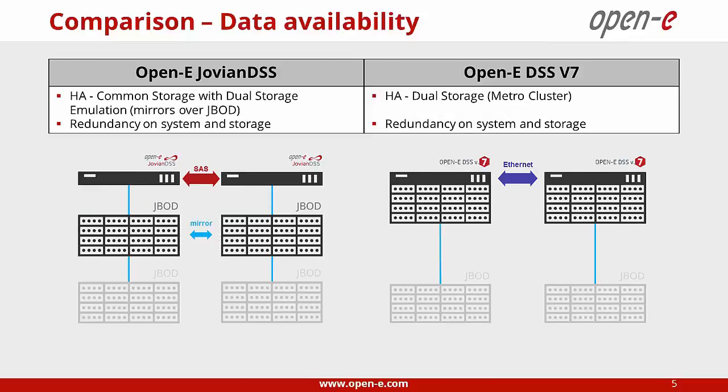So next option, if we are using a SAS connection between 2 nodes, we can mirror both sides. Every disk on the left side will have a mirror on the right side. In this case, there is no way to use Z1 for parity or Z2. You will have only mirrors, and the mirror will also work over the SAS interface.